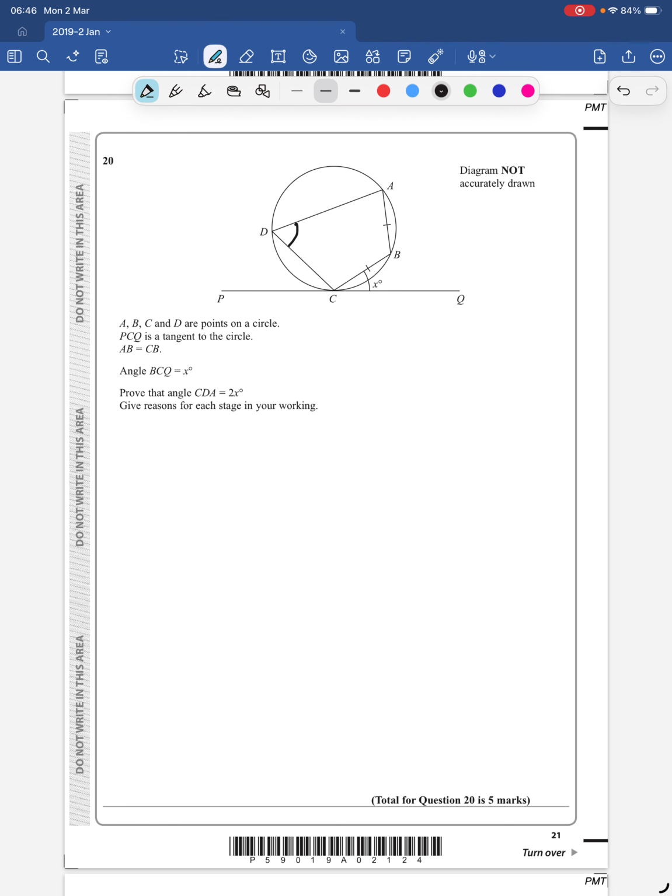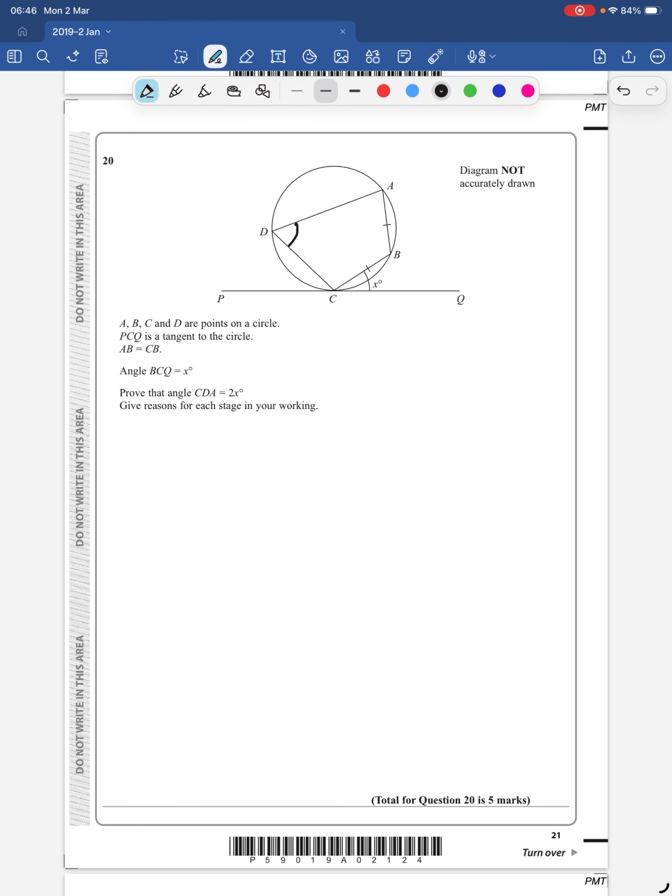So this is worth 5 marks, and very often you'll get sort of 3 marks for doing what you've done, but you'll lose marks for not showing, giving these reasons for each stage in your working. Now, circle theorems are something that you've got to memorize. They're not on the formula sheet. They're really good for things like Quizlets and Kahoots and flashcards, whatever you use, because they are just things you've